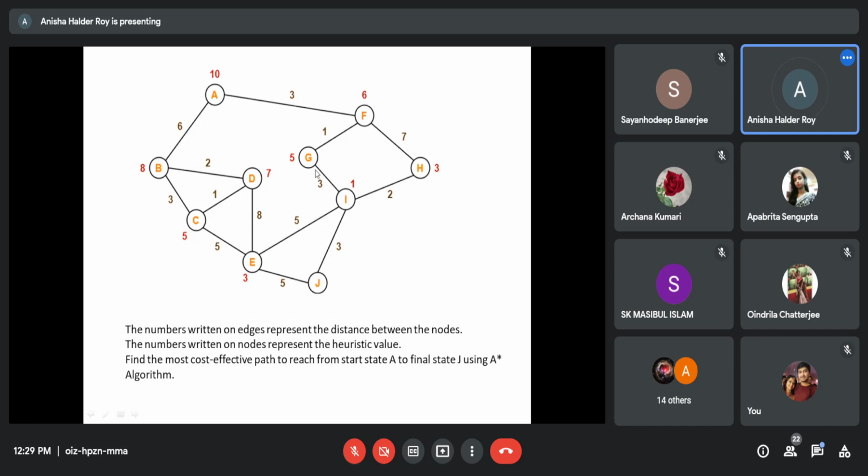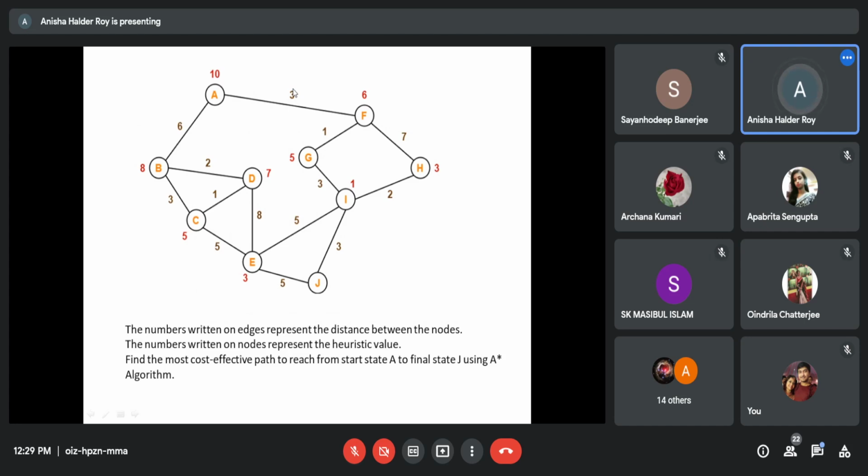So for the path A to F, it is 6 plus 3. For the path F to G, you have to take the heuristic of the current node, 5, and the G function from the starting node, 3 plus 1. So 5 plus 1 plus 3. And for the path AFH, it is 3 plus 7 plus 3.